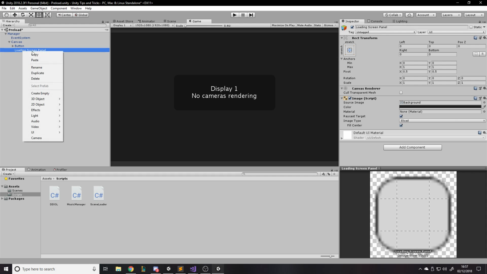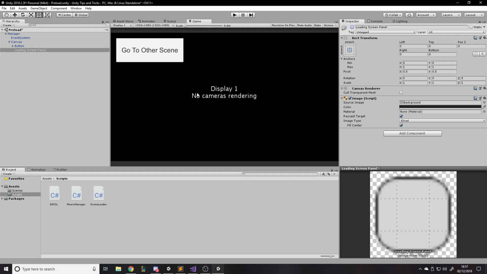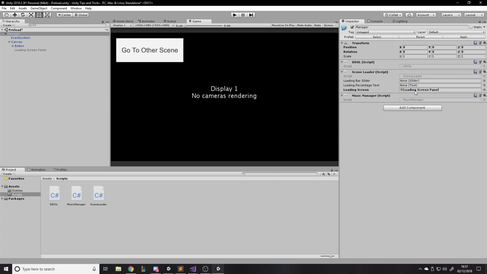panel, and under here we'll add... well, we're not going to add anything yet. We'll just have the loading screen panel, and we'll set it not active. And we can then go to the manager and say this is the game object panel. Now we don't actually have to set the others because we don't reference them, so we're not going to get